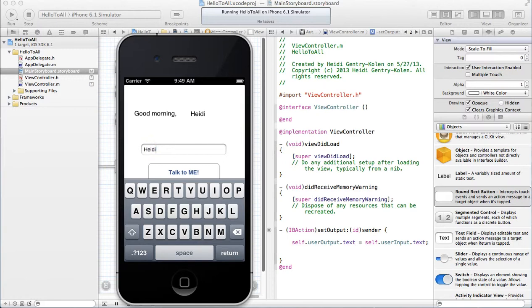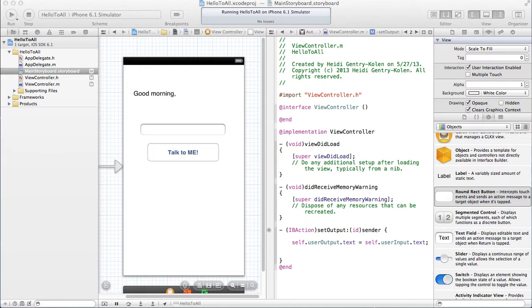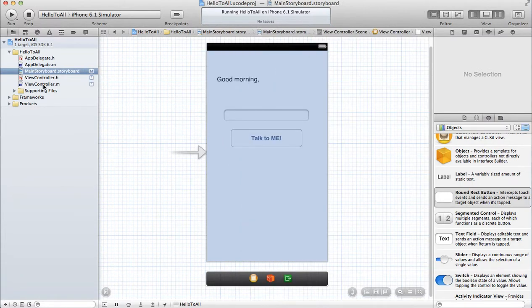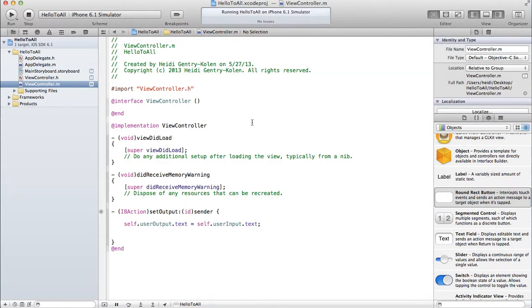The next thing we want to do is use conditional programming to be able to determine what string the user entered and then give a different message based upon whoever entered in their name. So we're going to use an if-else structure for that. What I want to do is pop back over here to my M file. And to make this easier to see, I'm just going to click where I've just got the single page and then open up my M file.